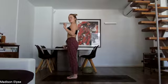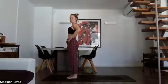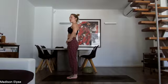A little tutorial before we get into class, like further into class, right? I want you to just go into a back bend. So bring your hands to your hips, and I'm not going to demo it. Take a little baby back bend. Just do it right now. See what happens. Then notice the shape of your body in this back bend. What are you doing in order to get there? Take a breath in. And exhale, come back to center, hands on the hips, and then hands by your side,